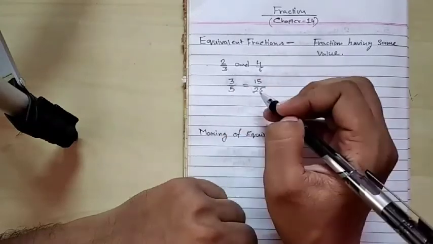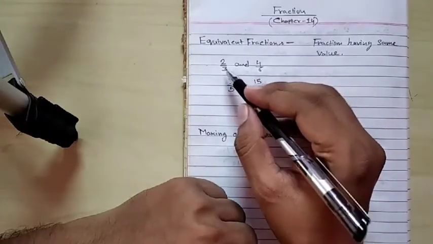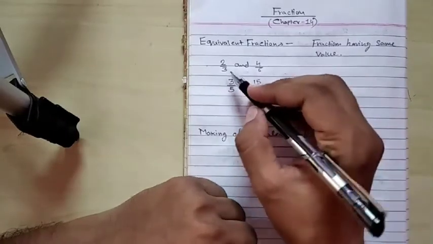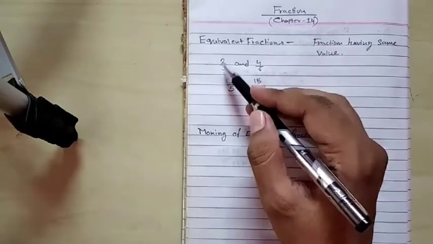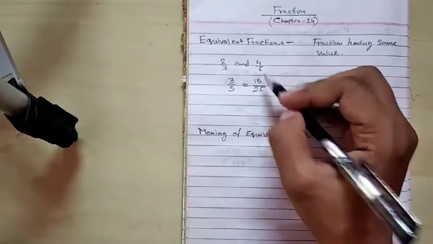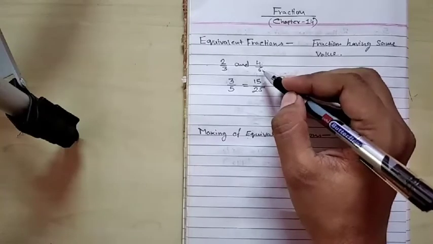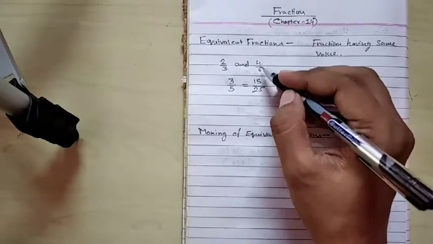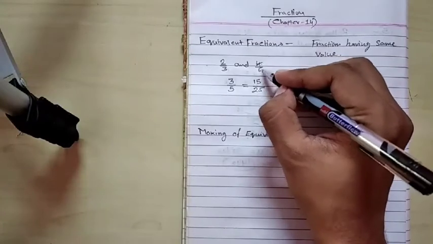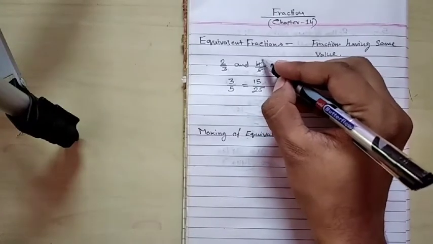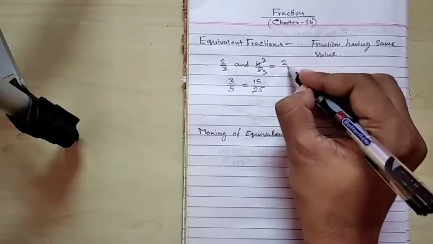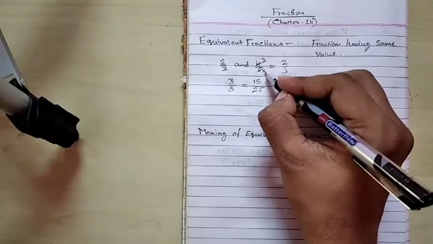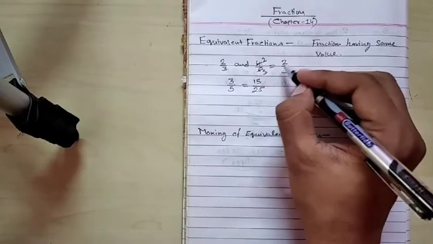These two fractions are equivalent fractions because their values are the same. Now you are thinking that this is 2 by 3 and this is 4 by 6, how are they equivalent to each other? 2 by 3 cannot be reduced more. But 4 by 6, numerator and denominator both can be reduced to the lowest term, because both are divisible by 2. 2 twos are 4 and 2 threes are 6. So you can see here that we have got 2 upon 3. So the value of 4 by 6 is 2 by 3.